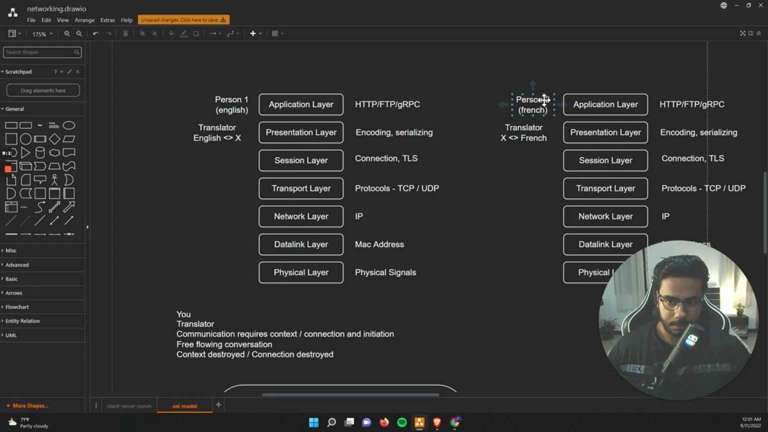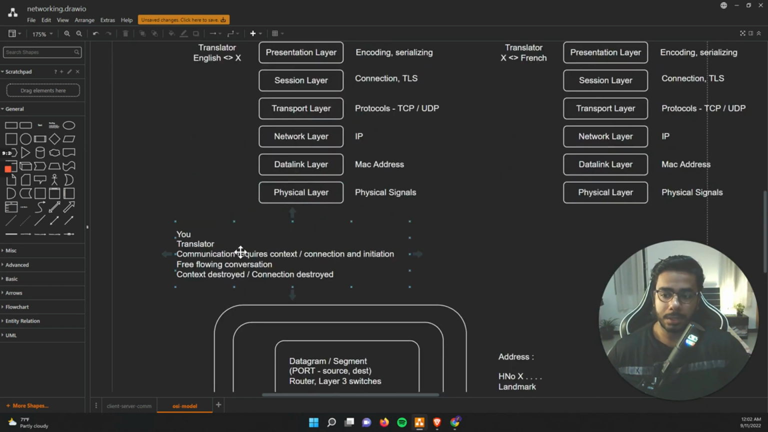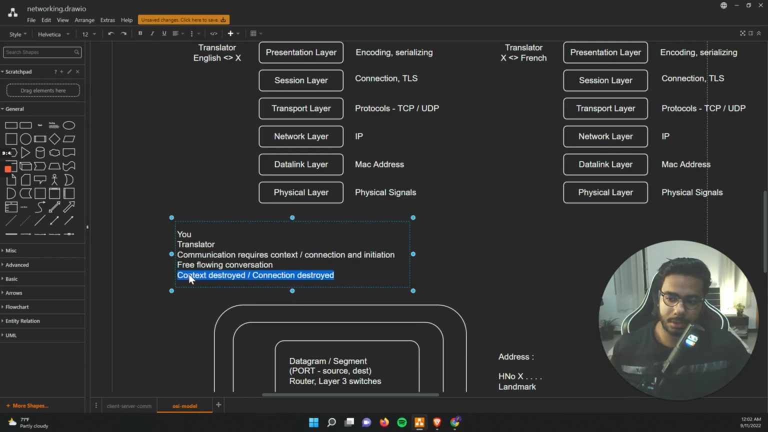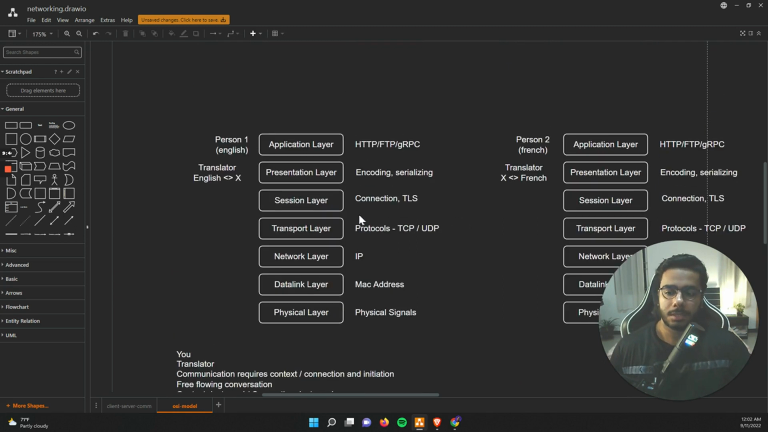Then comes the session layer. Just ignore this for now. We'll go through this later, but let's focus on the example at hand as of now. Session layer. So like we discussed, for a conversation to take place, like the framework we discussed, we need someone to initiate the conversation, and then we need a context or a connection for the conversation to flow through, and then in the end we have the context destroyed. So let's assume in the session layer,